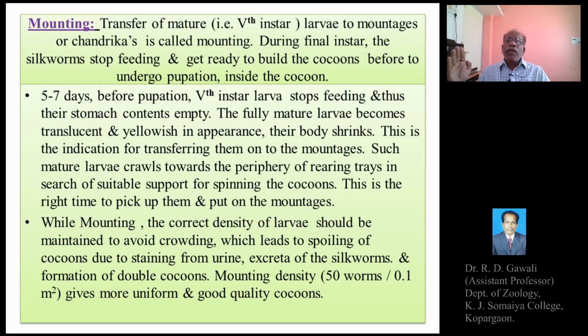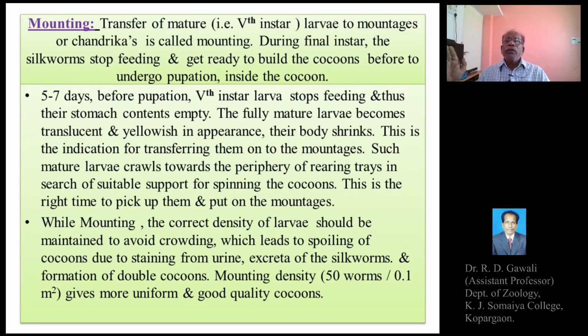During the development of larvae, each larva should get optimum space or a proper area for its normal growth and development. Last time we also explained spacing. To avoid overcrowding, we double or triple the number of trays or feeding areas during each instar so that larvae can grow well and yield good quality and quantity of cocoons.